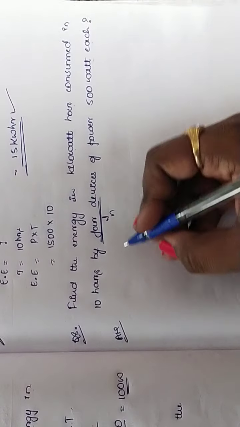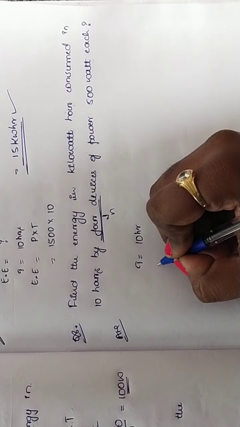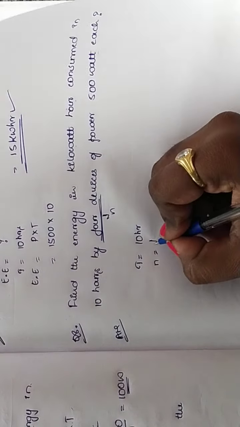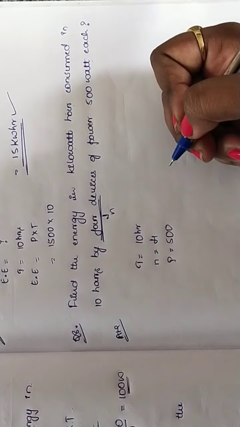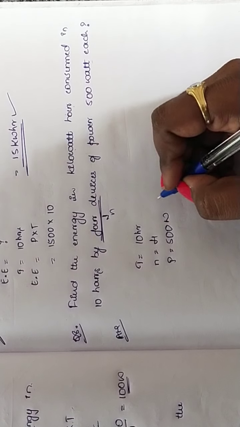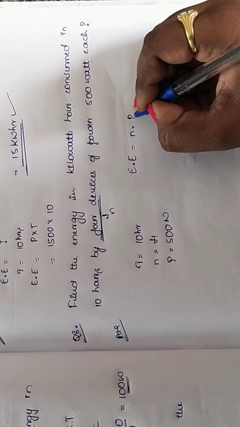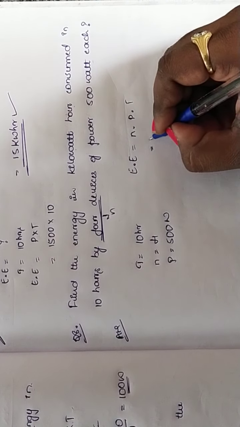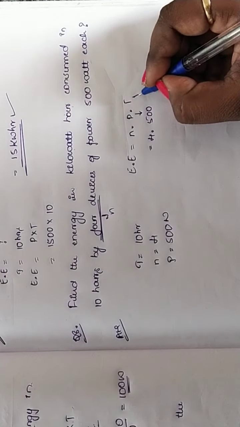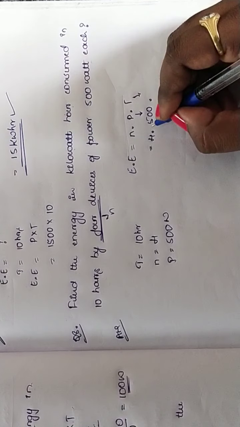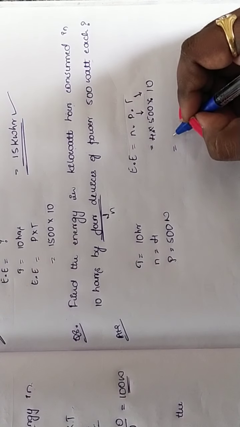So let's write it as t is equal to 10 hours. Then n is equal to 4 devices, that is n, which we have as 4, and the power consumed is 500 watt. So electrical energy is equal to, the formula we have is n into P into t, isn't it? So that is equal to 4 into 500, P is 500, and t we have is 10. So when you multiply,